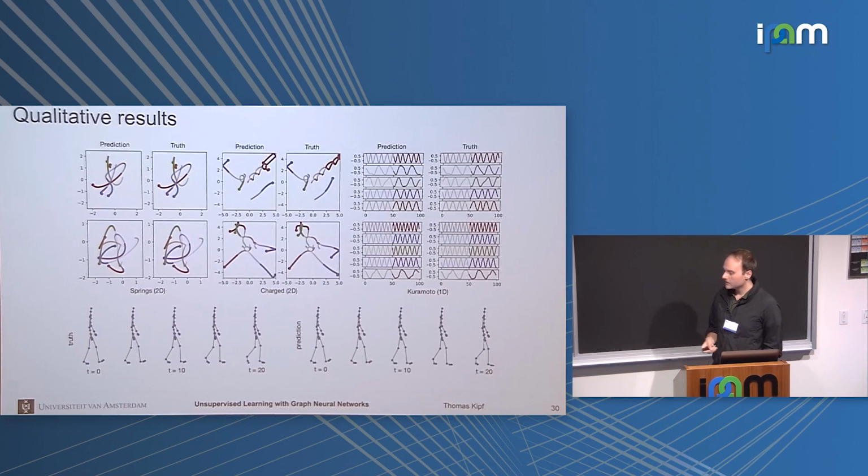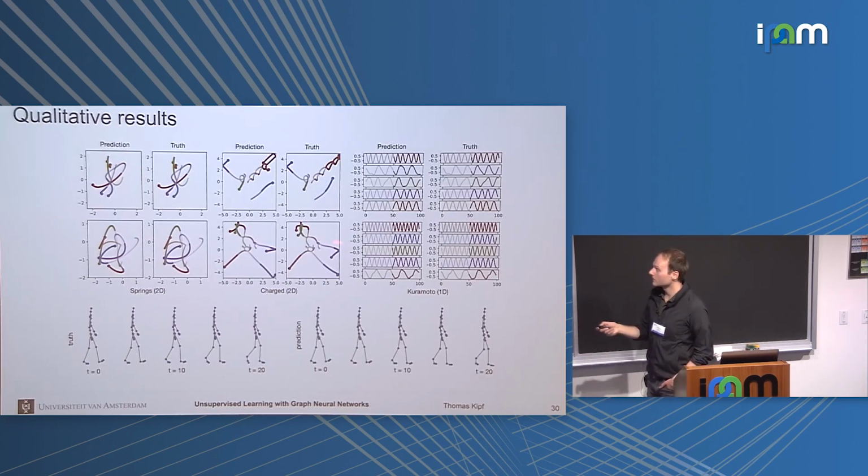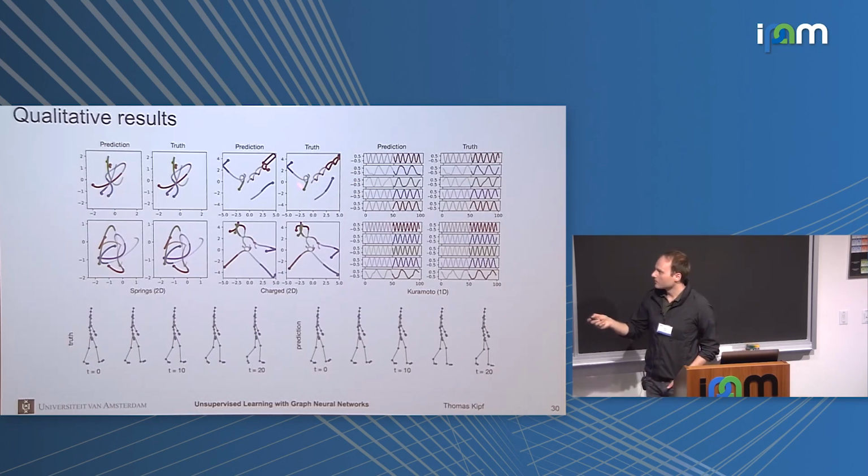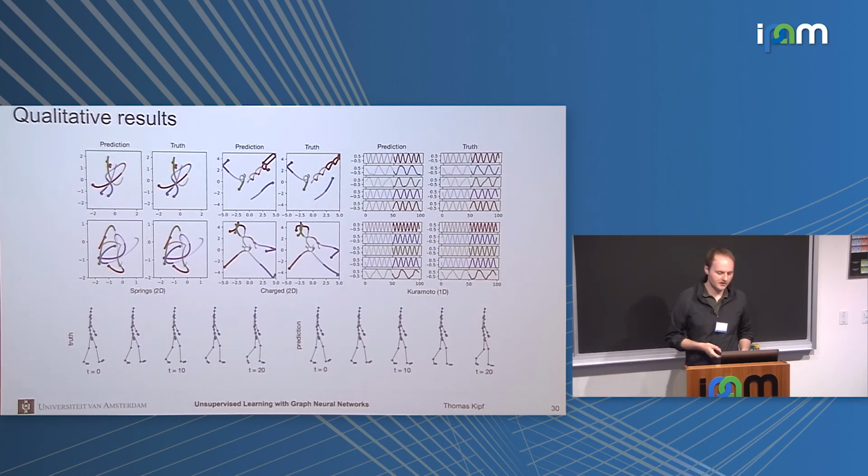The interesting thing is that it learns both this interaction structure and the dynamics at the same time. If you look at the predictions of the dynamics, there are some interesting failure cases like this one up here, where in the prediction this blue particle moves down and moves away from the other particles, whereas in the ground truth case, the blue particle moves up. It seems like the model here sampled the wrong interaction type, but according to this wrong interaction type, it does a very reasonable dynamics prediction.